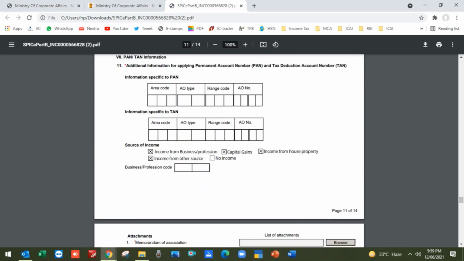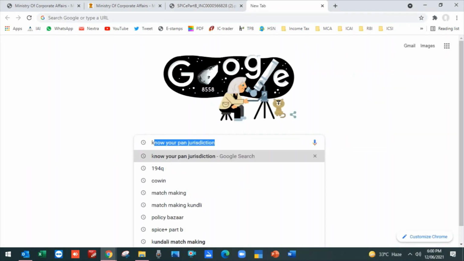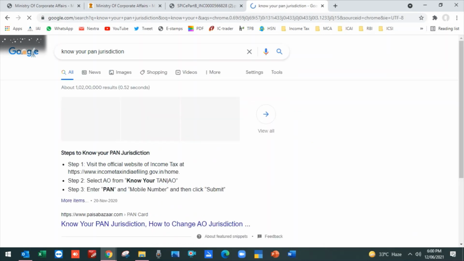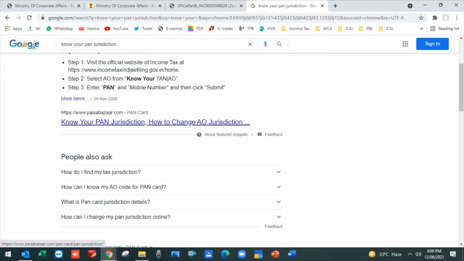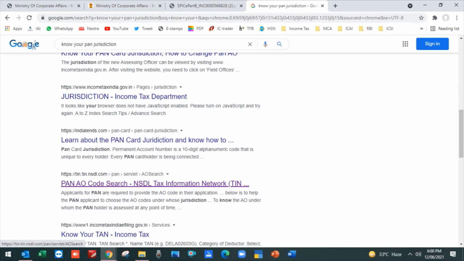information regarding the PAN jurisdiction. For the PAN jurisdiction and the TDS number, go to the NSDL site, or you can type on Google, know your PAN jurisdiction. Basically it is available on NSDL. Let me see. Yes, here it is.